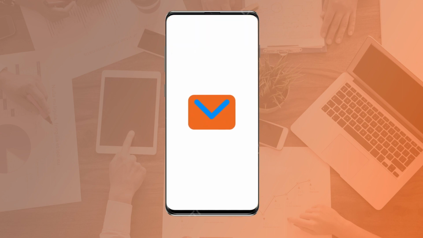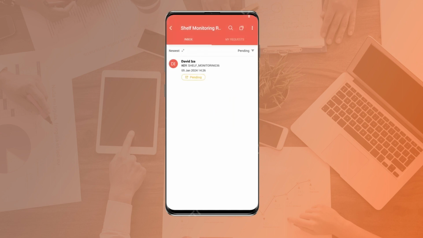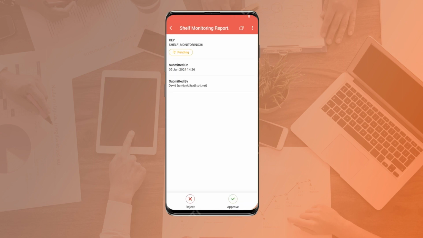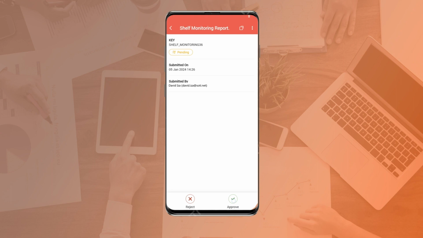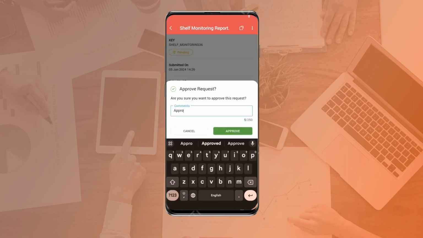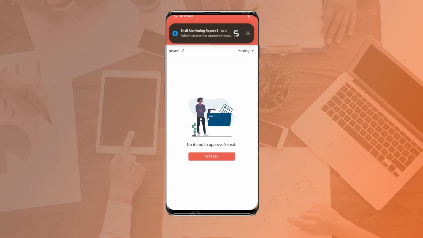Once one of the managers, in this case, since I selected Waterloo, it's going to be Lisa, sees this request, Lisa can come into the app, and in the inbox, Lisa is going to see that there is an actual pending request. Lisa will then have an option to come in and either reject or approve based on the information that was provided on that form. If she rejects it though, she will have to tell me why, because it was a requirement. When Lisa submits the option to approve, it will then go to the next layer of approvers, which will